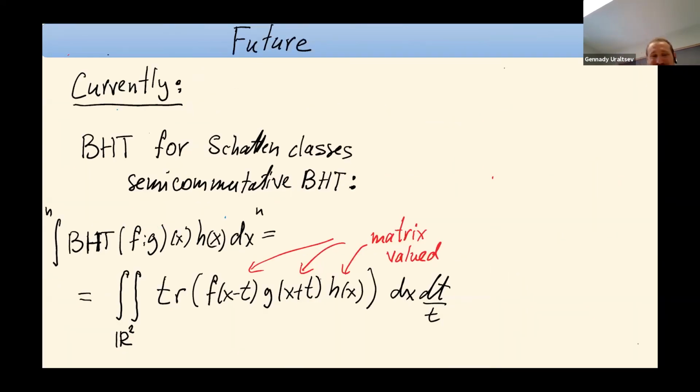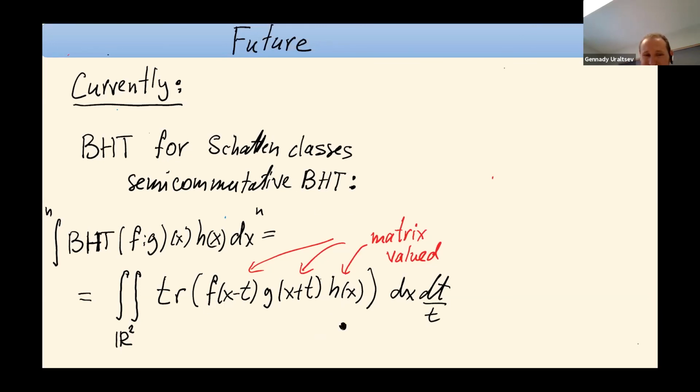So what are the future directions? One thing that we're actively looking at is trying to prove BHT for Schatten classes, a semi-commutative BHT in which we have equality rather than inequality. Somehow Schatten classes, in addition to their interpolation property, and the trace has some specific properties that make them a little bit more similar to function spaces rather than just abstract Banach spaces. So maybe borrowing some ideas from the helicoidal method, or maybe not, we are